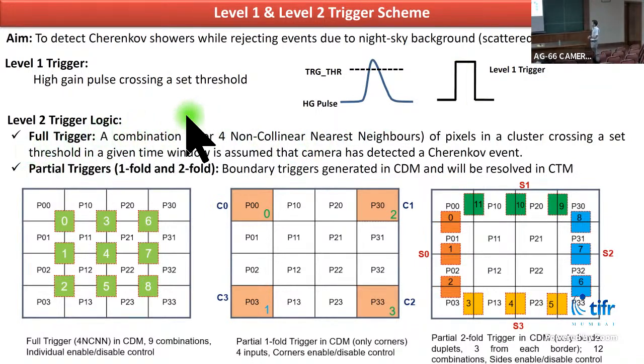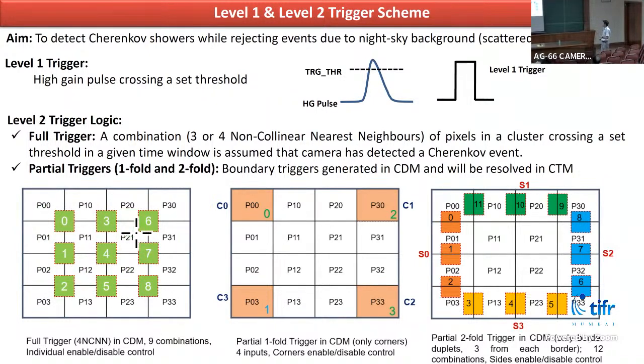One is the full trigger signal: a combination of 3 or 4 non-collinear nearest neighbors of a pixel in a cluster crossing the set threshold in a given time window of about 10 nanoseconds is assumed to mean that the camera has detected a Cherenkov event. Here I have shown one cluster of 16 pixels. If 4 of these are seeing Cherenkov light in a given time window, then we assume that this is a Cherenkov event. And like this, 9 combinations are there in